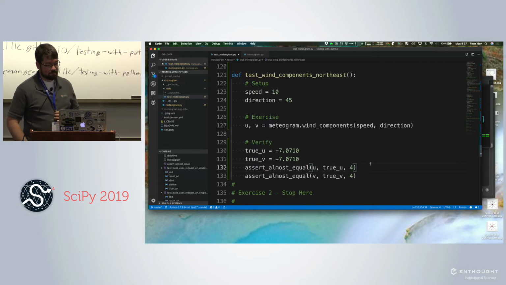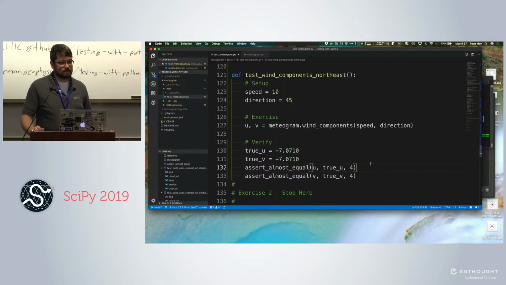When you're dealing with numbers that aren't known off the top of your head, like if I did 5 times square root of 2 instead of 7.0, is that acceptable practice for the unit test? Or should I write out by hand the entire floating point?